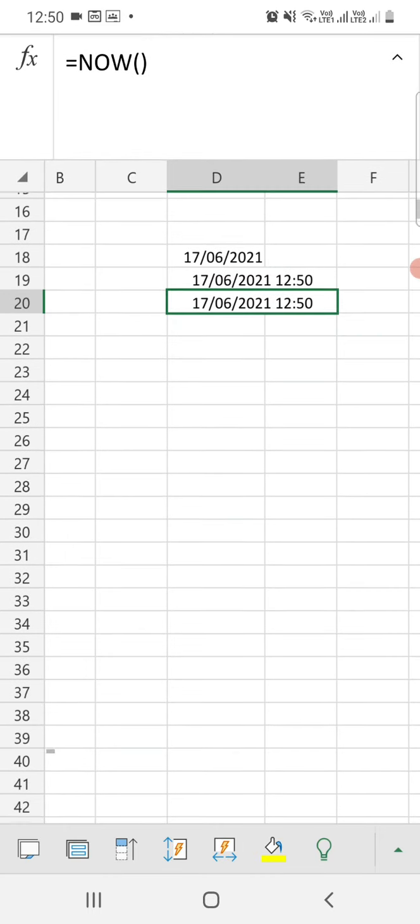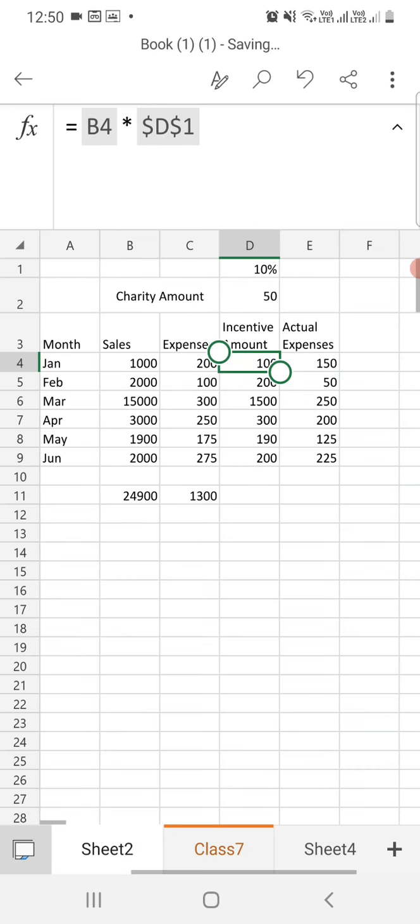You need to practice all the things on your own. You can also practice it from your mobile. I am showing you from my mobile, so it is very easy. You can practice it from your mobile or your laptop. So do practice and read the chapter very carefully.